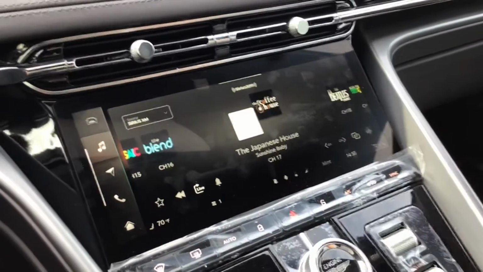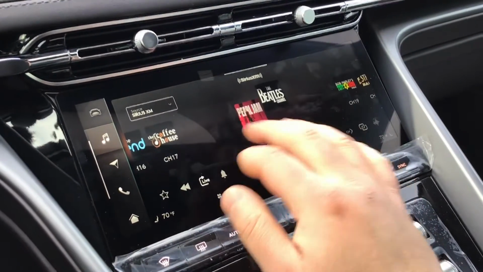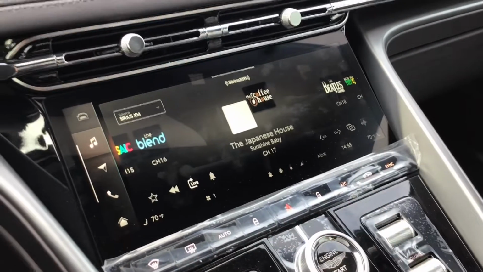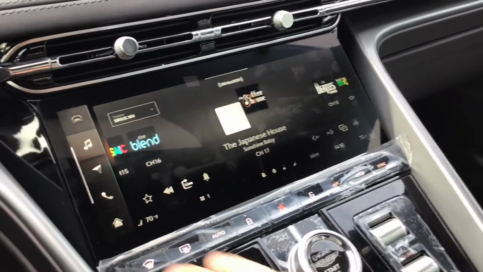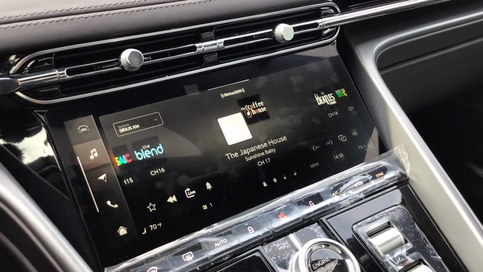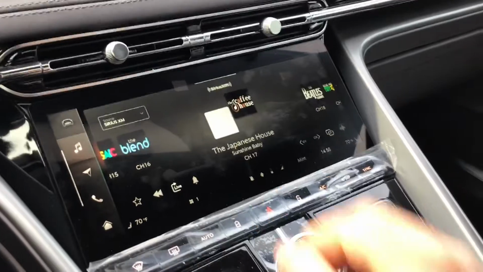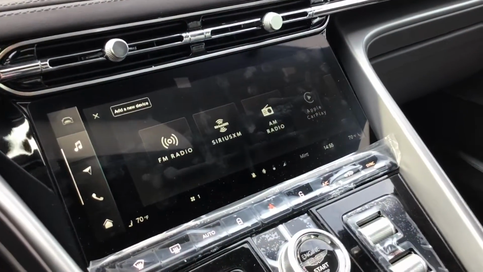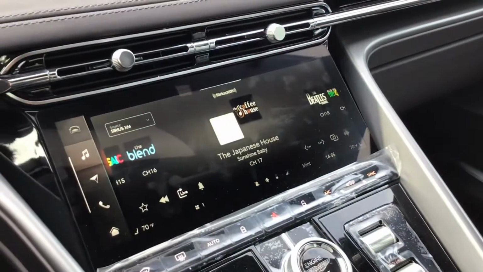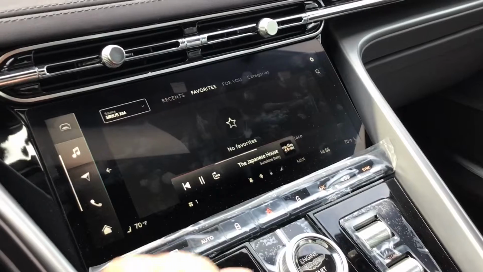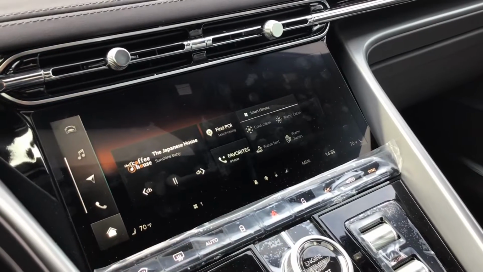menu, and from here we can swipe and switch the stations back and forth. We can click the channels, we can change the frequency, we can save a favorite or a preset by pushing that start button, so that's nice and helpful. And then we have a quick shortcut again to switching the bands in the car. If we just minimize that again, we'll go back to the main menu,